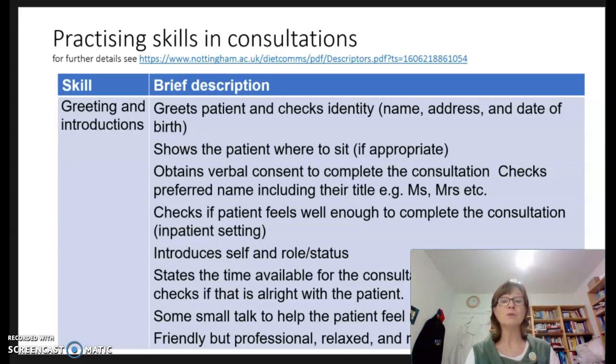Obviously, that's going to be different if you're approaching someone on the ward or if you are doing an online consultation of any kind. And we will look at those in a little bit more detail later on. But we are going to focus on outpatient scenarios initially. We will obtain verbal consent to complete the consultation. And as a student, which you will of course initially be,